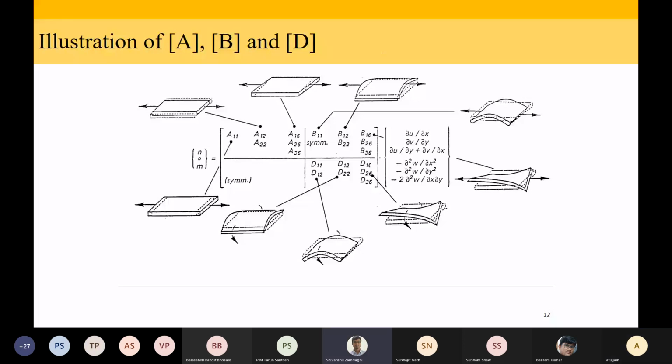Anybody? D16 and D26. So now the challenge is, can we design a laminate sequence such that D16 and D26 will tend to 0? If I can do that, then I don't need to put the stiffeners. Or the stiffeners I will still put, but they are not so critical. Let us see if that is possible.